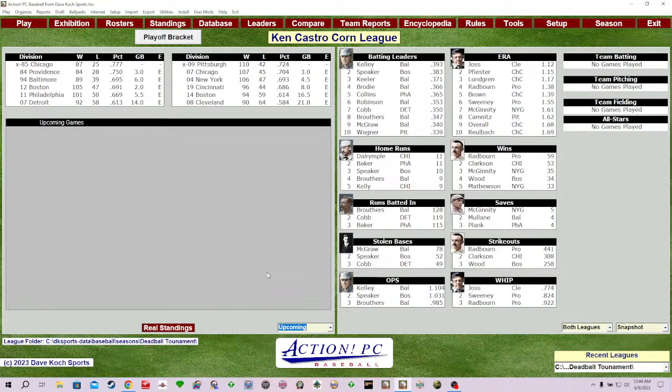Franchise Red Sox, says Ken Castro, versus Franchise Tigers. Two-game set tomorrow in the morning. That's going to be a good one. I'm really a big Tigers fan. Not that I hate the Red Sox, but I'm a big Tigers fan. So that will be a fun one. Two great old franchises clashing there. Good stuff.